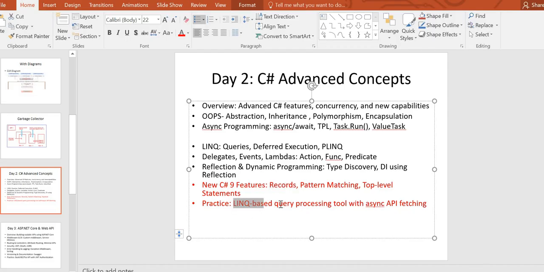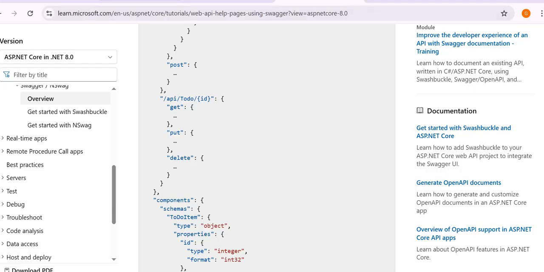Means we will create a LINQ queue of queries with the using of